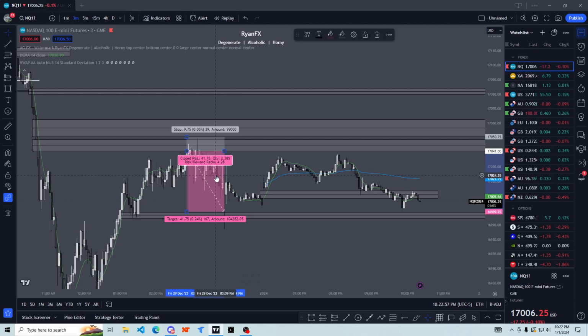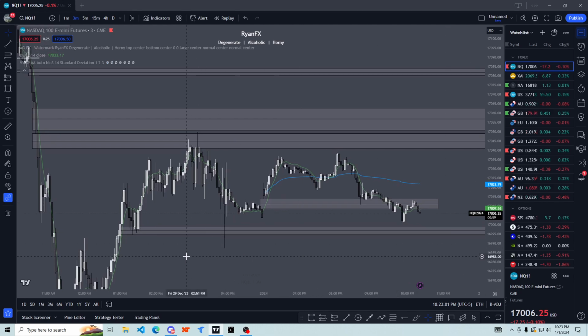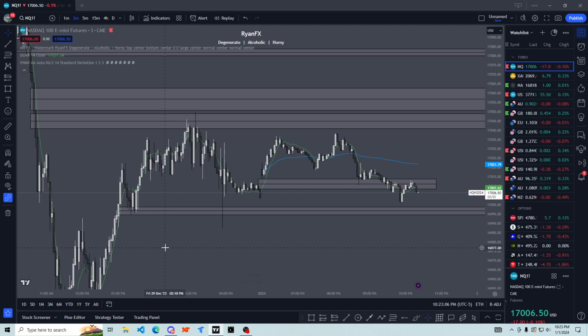So I hope maybe you guys can use that. And then I also use support a lot. Support and resistance, it's very good to trade with, very good confluence. You could see we have support down here,